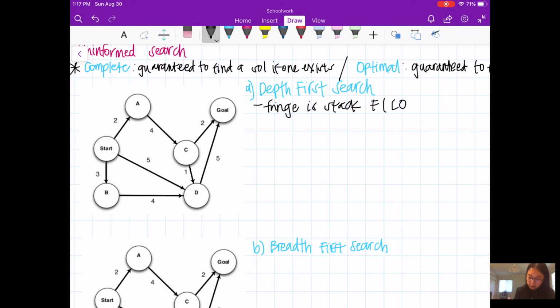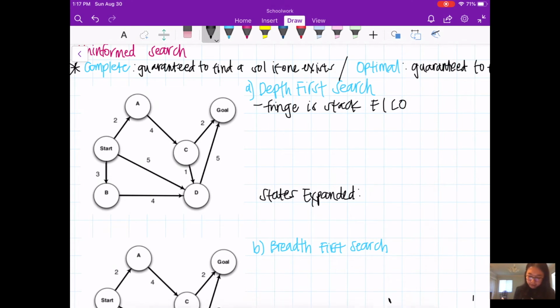So let's start doing depth first search on this. I am going to keep a running list of states expanded on the bottom, and let's start this search.